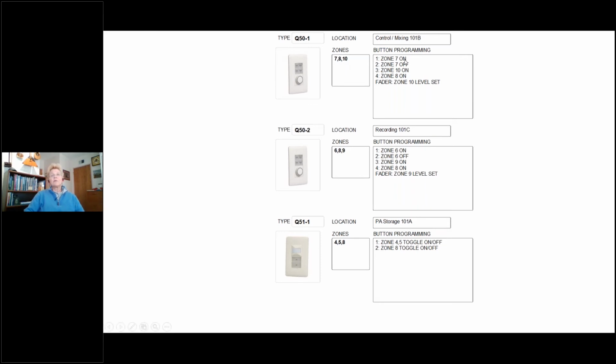So zone 7 is just going to simply be turned on with the first button. Zone 7 will be turned off with the second button, and zone 10 on and zone 8 on. Ultimately it won't matter, because there's an occupancy sensor in the room, so when the space is no longer occupied, everything will turn off. So I don't really have to worry about turning everything off. But I had to think that through and say, is this station going to work for my needs? Because even with this system, there are limitations to what this station can do.